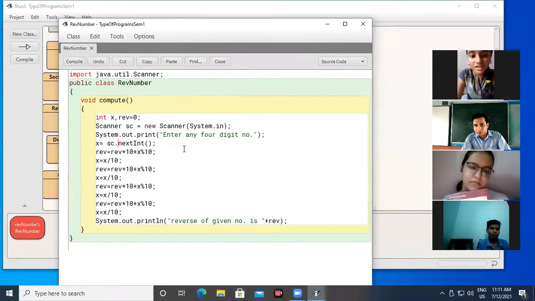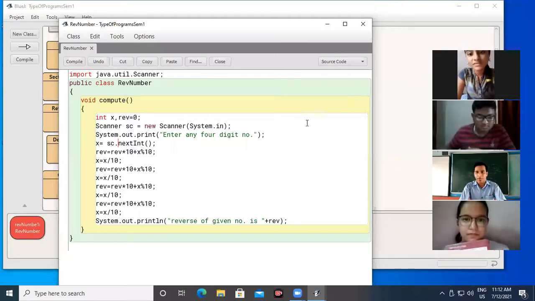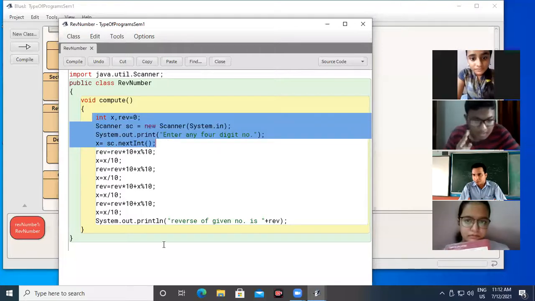Your voice is not very clear. Check your mic. The structure of the program. Okay, no problem. These 4 lines are clear. Any doubt?